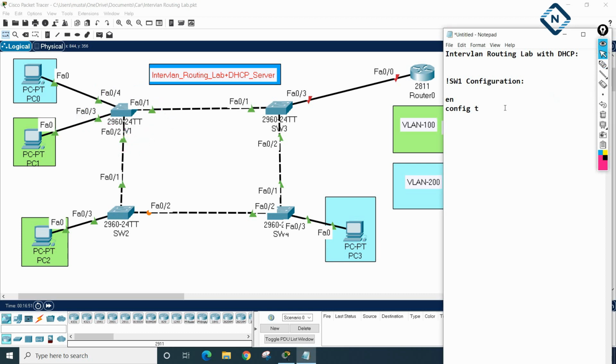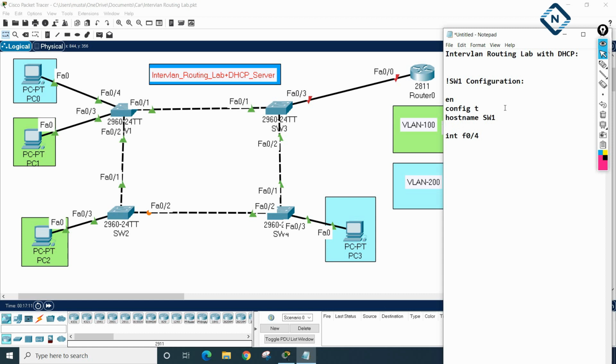I will write enable, config T. Then I will give the host name. The host name is switch 1. After that I will write interface fast Ethernet 0/4. I am using 0/4.